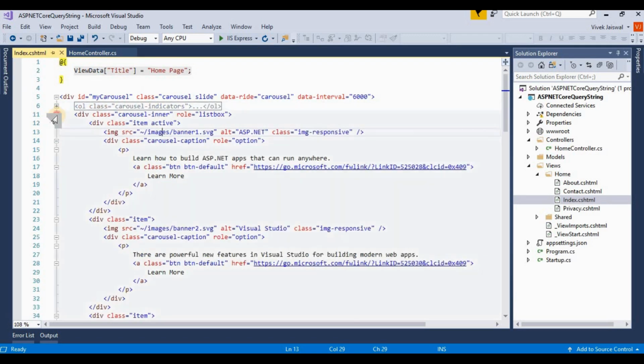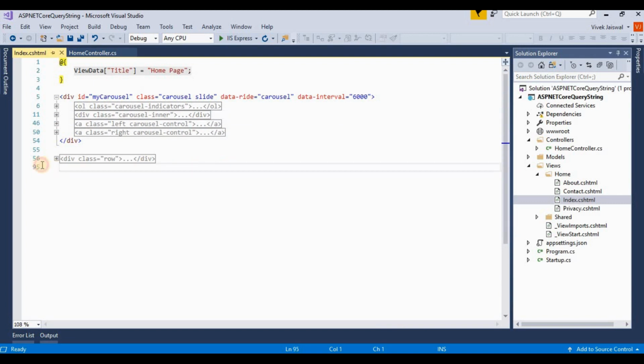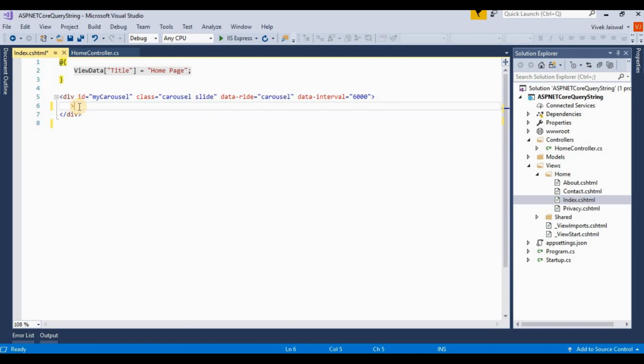So I am removing all this default HTML from the page, and here I am creating one text box and one button for redirecting a text box value.